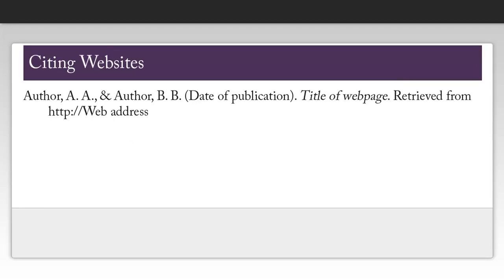The last citation example we're going to look at is for a website. This is probably the hardest type of citation to create because a lot of the information can be hard to find if it exists at all. It's important to keep in mind that if you can't find this information, it's hard to validate that you are in fact using a reliable source.